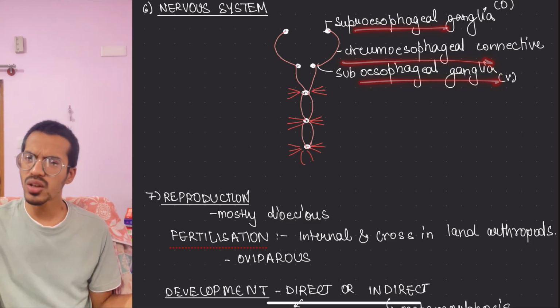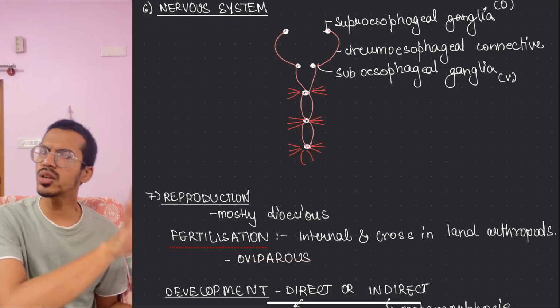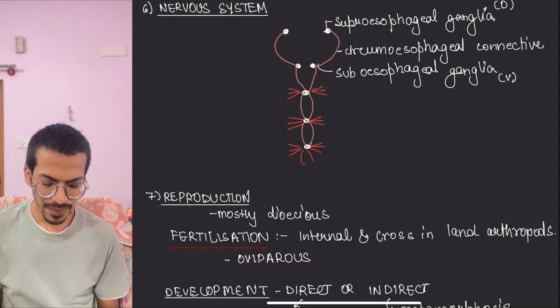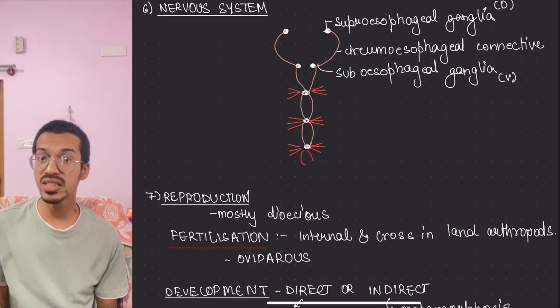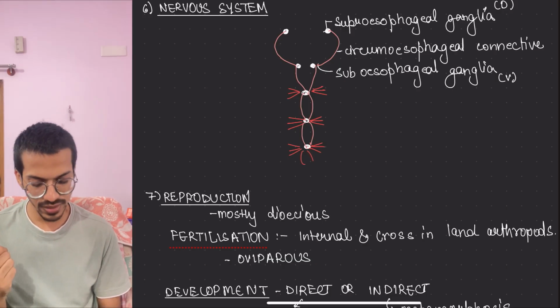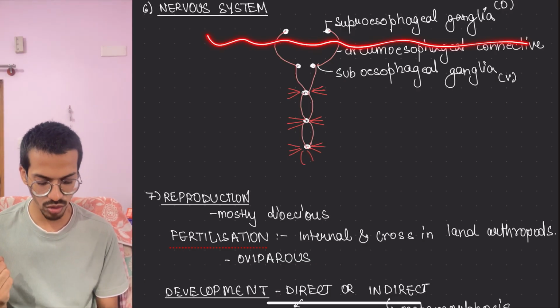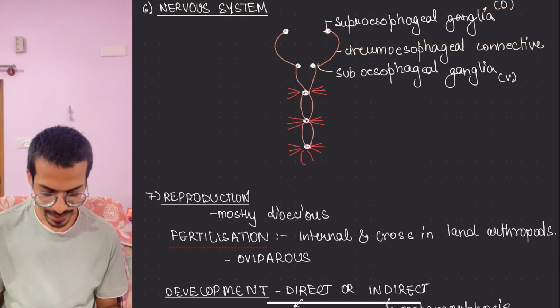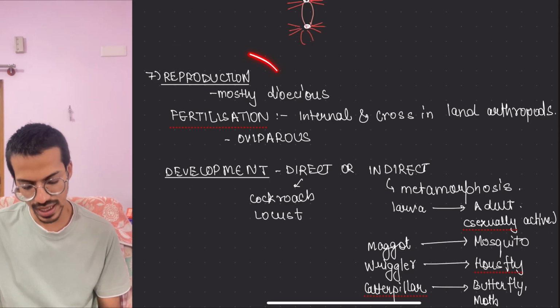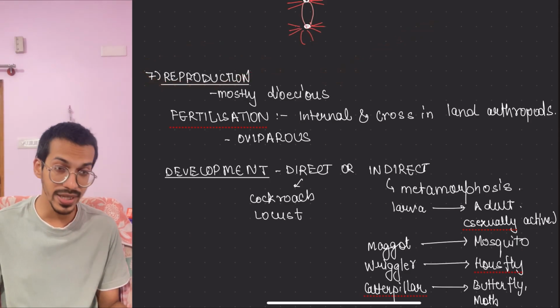If a question could come here that is related to the cockroach, it would be that if you cut the head of the cockroach, it still survives for 7 days. Why? Because its nervous system is distributed. Only this part of the nervous system gets destroyed, and everything else is present over there, so it is able to survive. Coming to the next thing, the reproduction: mostly they are dioecious, meaning the male and female bodies are different,